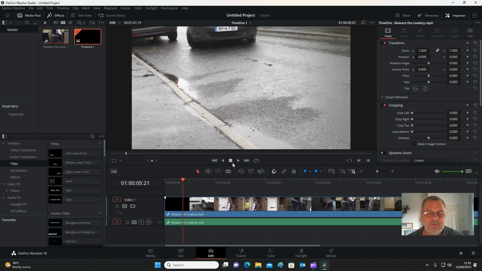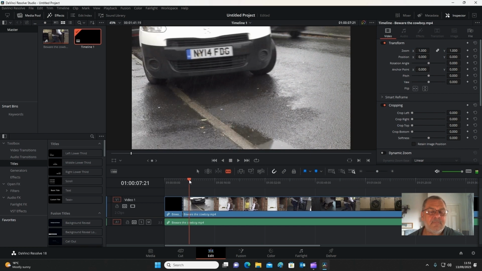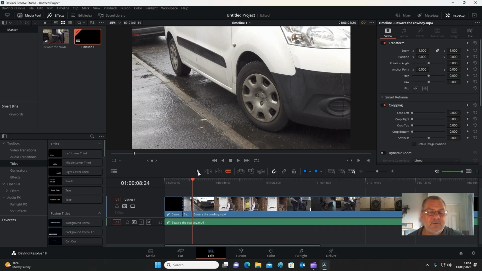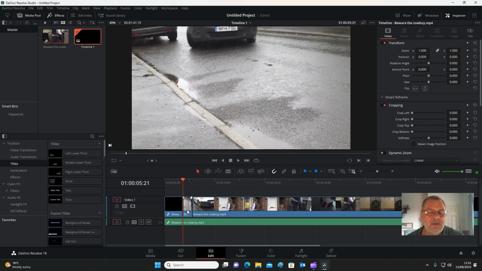Then what you need to do is you need to click on colour. Sorry, first of all, you need to cut it at the start of the clip and then move it across to the end of the clip and cut it again there. Then what you need to do is to go back to the beginning of the clip, highlight it, click on colour,